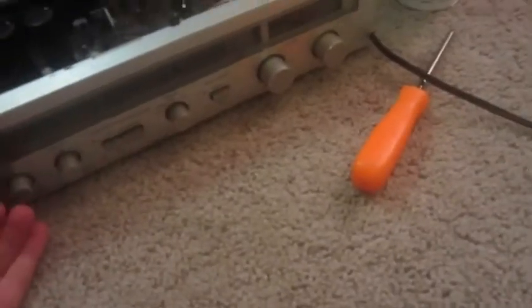Today I have a Technics SA-203 FM AM stereo receiver. I just cleaned it up using this electronics cleaner from Radio Shack. Clean it all up. And this is a very nice receiver actually, but